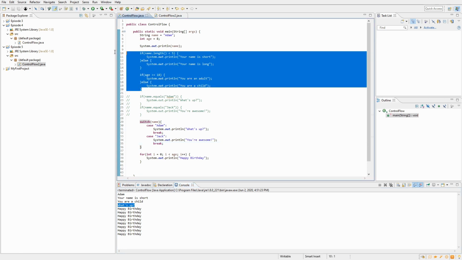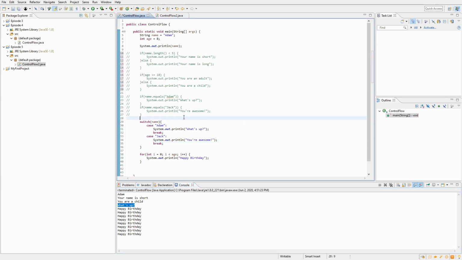Let's go ahead and get rid of all this up here just to not confuse ourselves. Now it says what's up. We can also add in more cases, so case LE or something, and we can go down and then